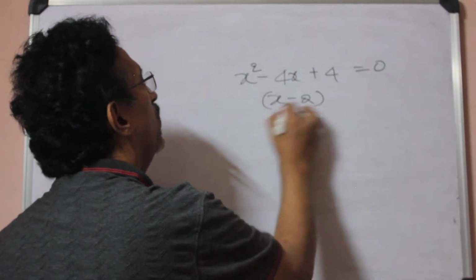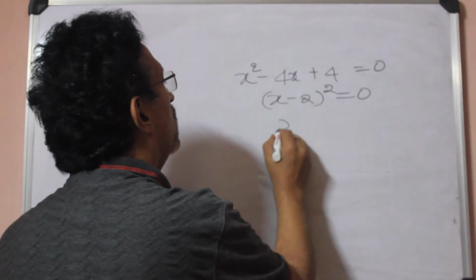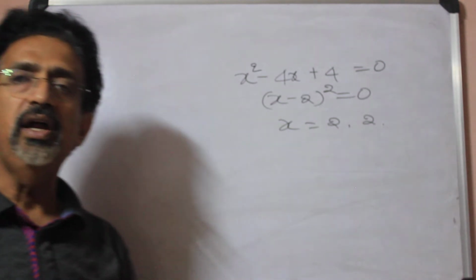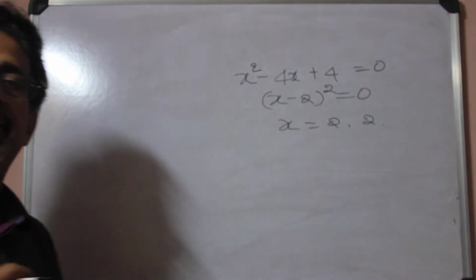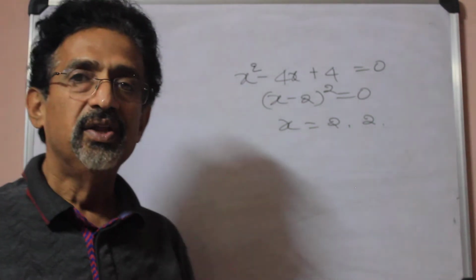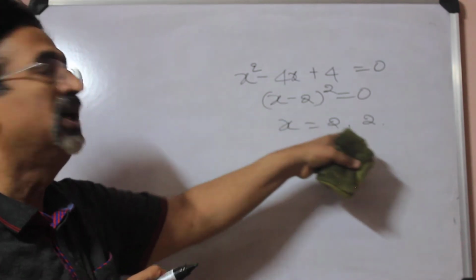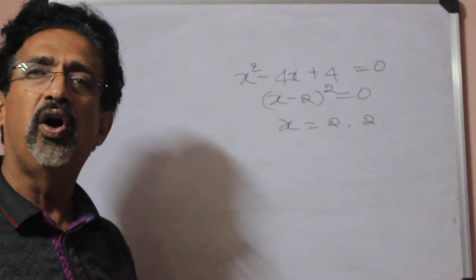(x minus 2) whole squared is equal to 0. So what are the two roots? x is equal to 2 and 2. They are the two roots. The roots are equal and equal to 2. So like this, I can find the solution directly by factorizing, or maybe